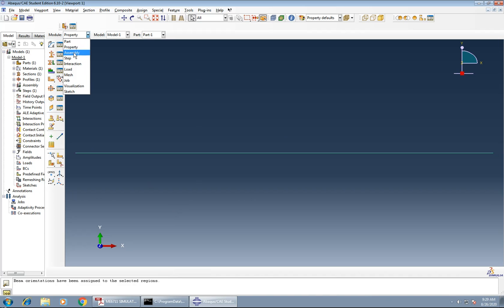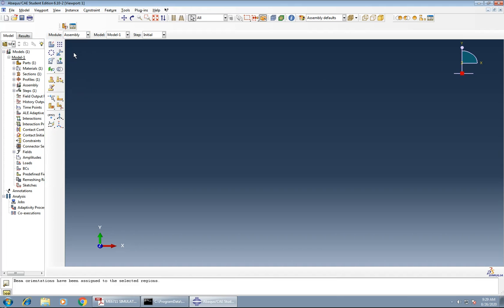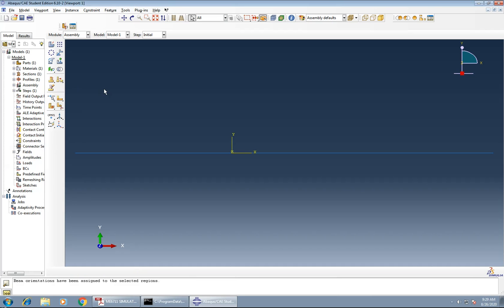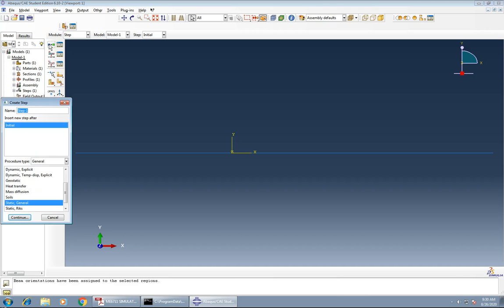Next is to go to the assembly module. In that, create instance. So click on instance part, part 1, dependent, mesh on part, click on OK. And next is to create the step. So click on step. So create step,